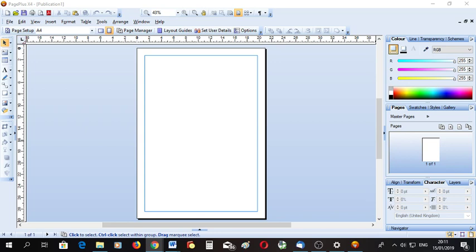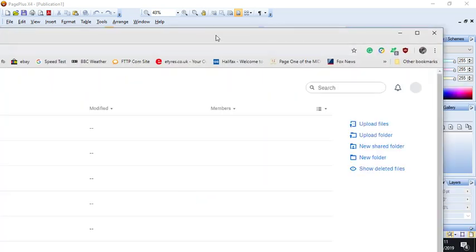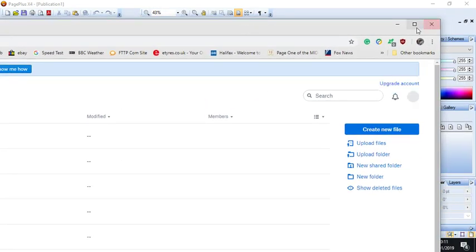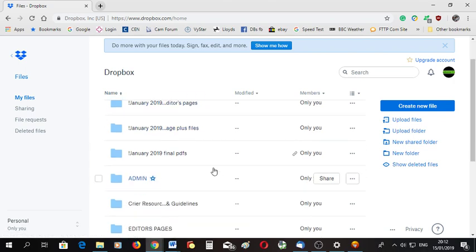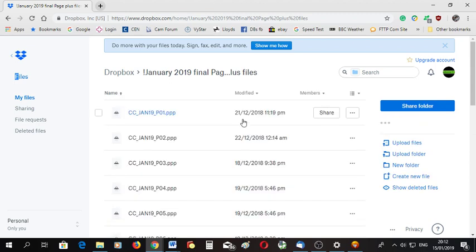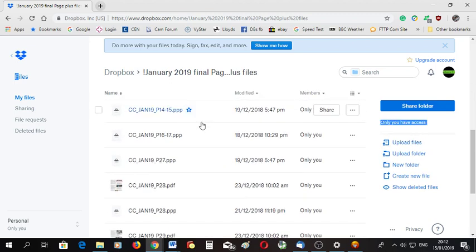go along to Dropbox, and I'm sure you already know how to get to Dropbox, but what you do is you just bring that in. You'd go to whatever the last month was. Let's say, like this is January's Page Plus files. If you're doing February's, you go to last month's, and then you'd find whichever particular file